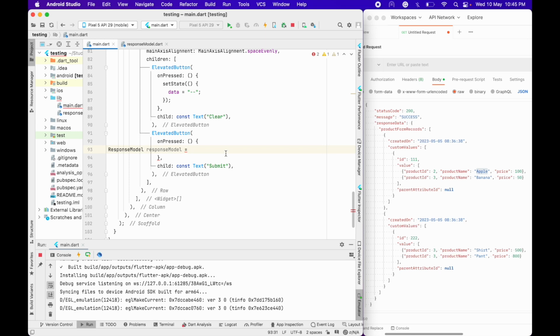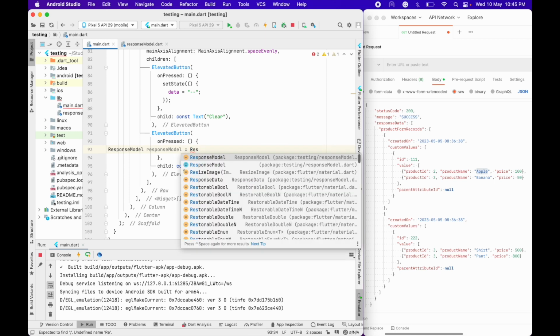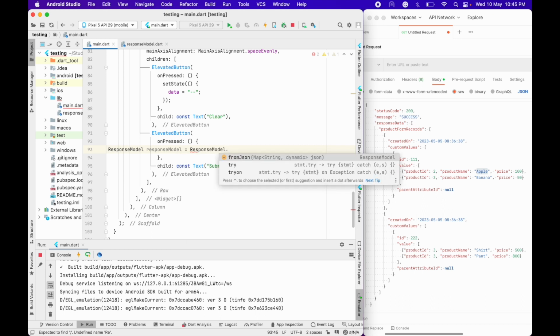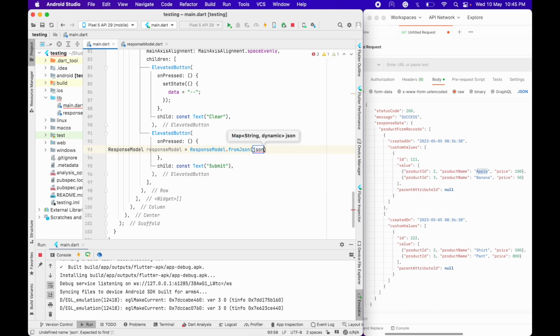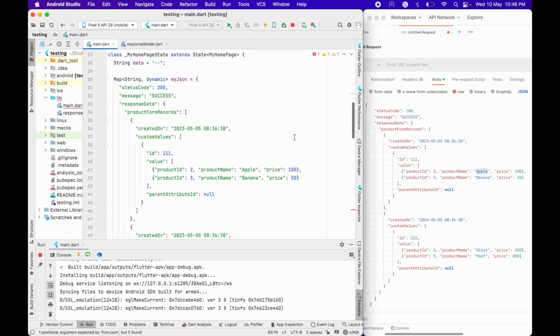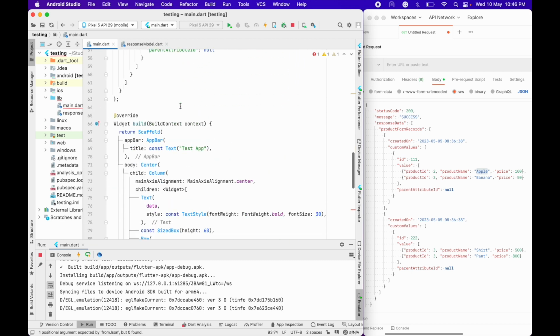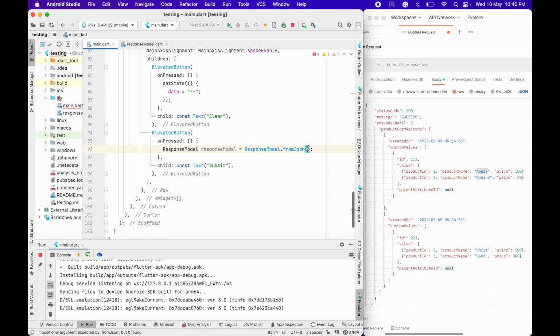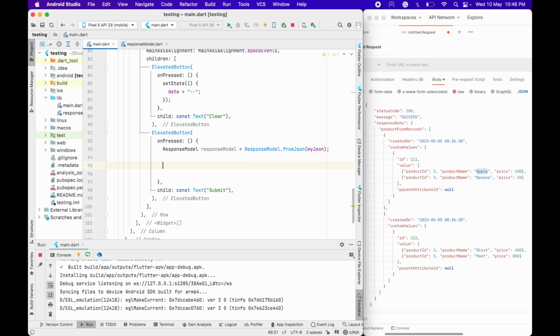and then response model from JSON. Here you have to put your JSON. I have named it as my JSON, so I will be giving here my JSON, and then we will start our loop